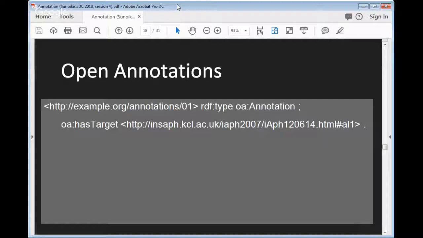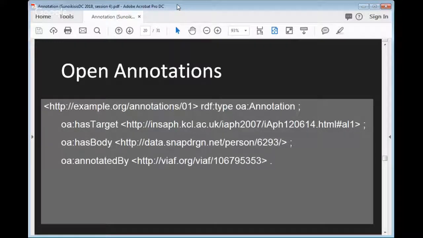This URI has a target, which is the first line of inscription 12.6.14, has a body, which is Snapdragon person 6293, was annotated by this author in the VIAF catalog, and that's the unique identifier which will disambiguate this author as me.